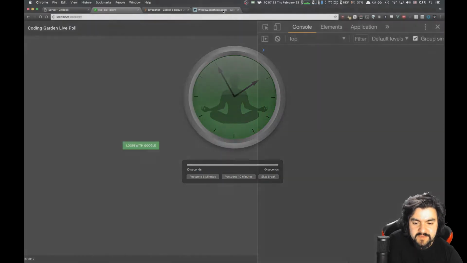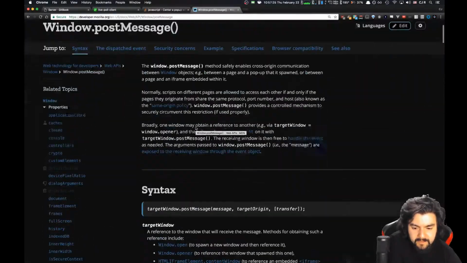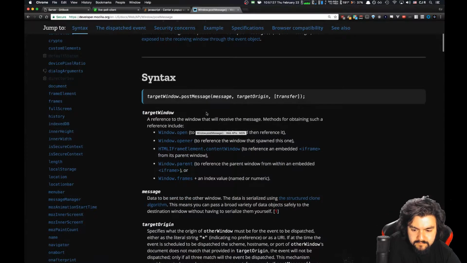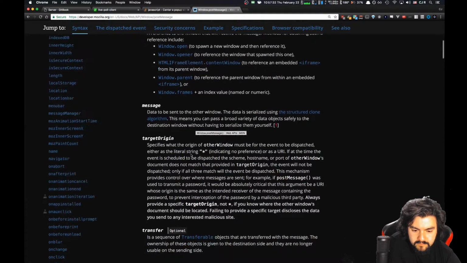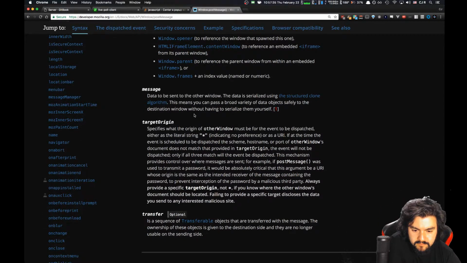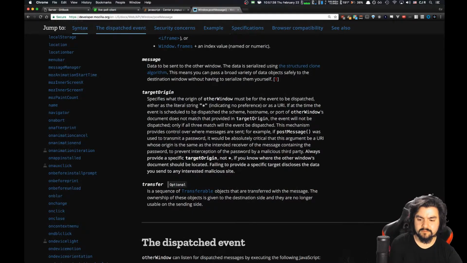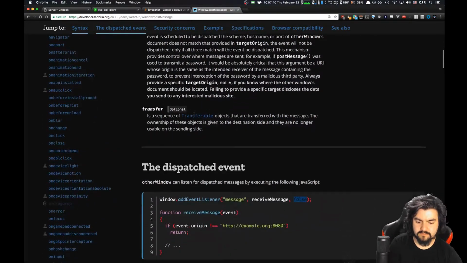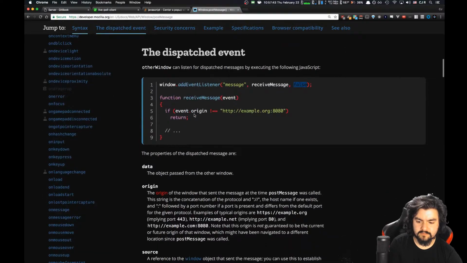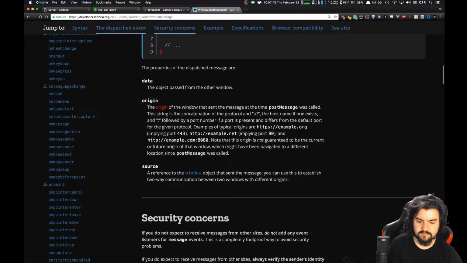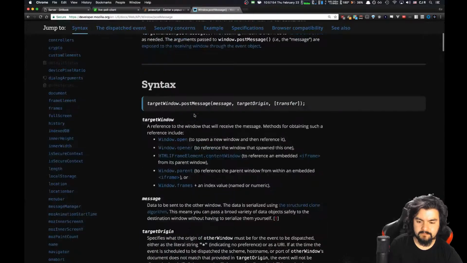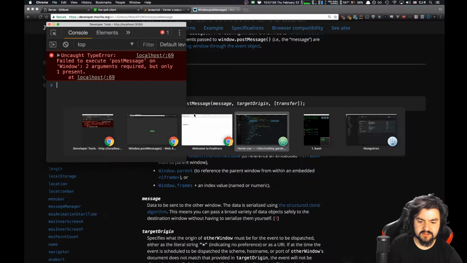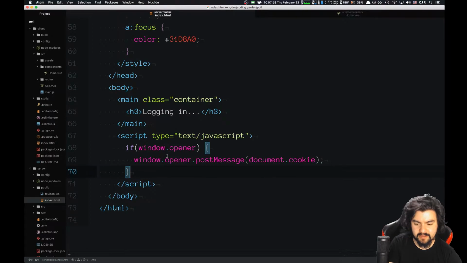Let's look at our post message and see what we're supposed to send. Does it need an object? Let's see. So on our back end,